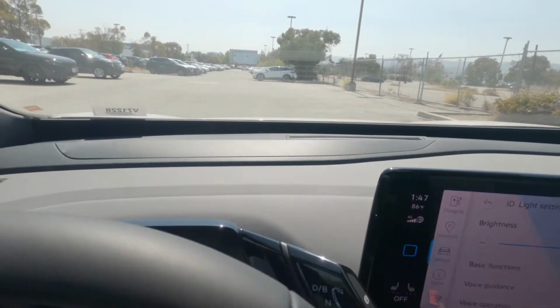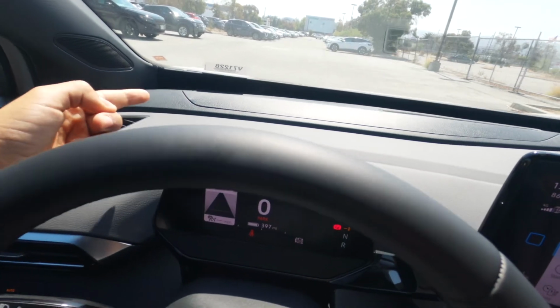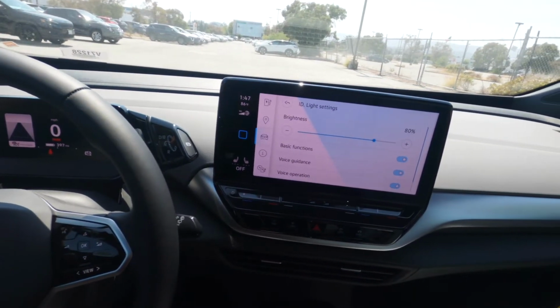So this is also another interesting thing. You see those little lines right here? It's basically telling you this car is listening to you. Hey, ID4,